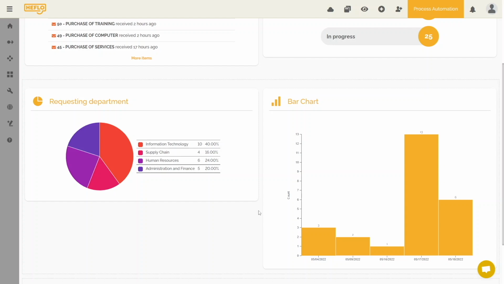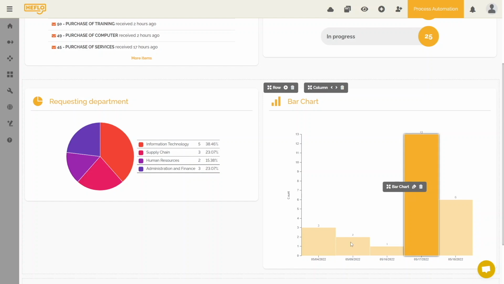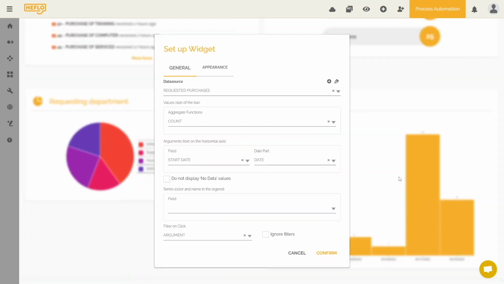Now, look, if you click on an element of the bar chart, it interacts with the pie chart. Why? Because the two graphs share the same data source. If you need to ensure that when you click on certain items, those items act as a filter, then you would use this strategy.